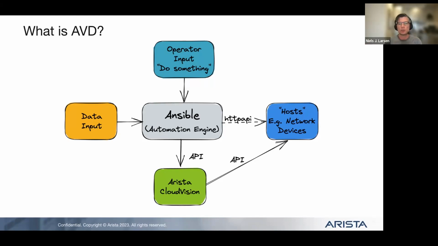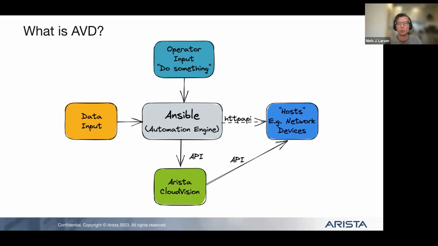So we have the automation engine sitting in the middle. Then we have some data input highlighted here in the yellow square on the left-hand side. This could be either static input in the form of text files, which will be used in this example shortly. So static input could be one use case. It could also be input from a database or an IPAM tool, some homegrown system, whatever you can imagine. It could be Netbox or Nautobot or whatever it's called. Everything you can imagine used for data input can be used as long as you handle the glue.